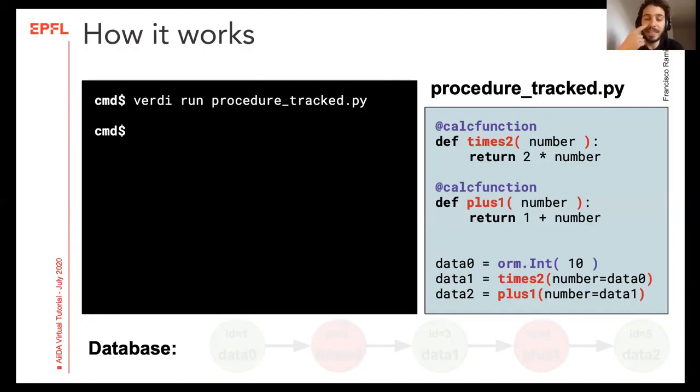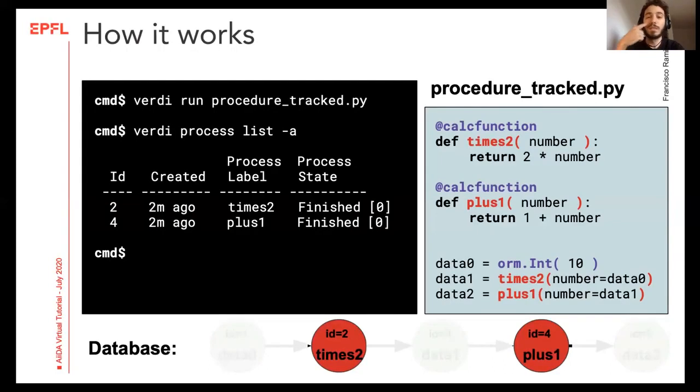So for example, you can ask AiiDA to list all the calculations that it has recorded by running this command, verdi process list, and expose the information about the two calculation nodes we just ran. So we have their ID numbers, their label, which here will allow us to identify each of them, and their state, which in this case is finished successfully for both of them. During this tutorial, you will learn how to run different calculations and how to read this status, but we just now focus on this. And if we wanted more details for one of them, we could take, say, node 2, for example,